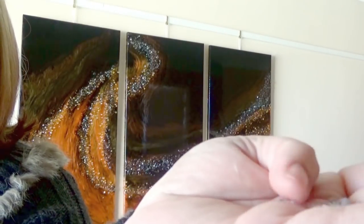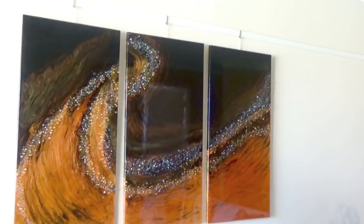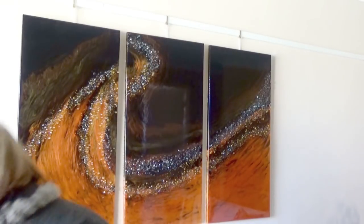So the glass is not really sharp or anything, but it's also got a mirror on one side, so it's obviously been a mirror at some point that's been crushed. So I thought I would give a piece a try with these. Now it's all sticking to my fingers, just bear with me a sec. Right, here we go. So anyway, I thought I would give them a try, but also I was trying out